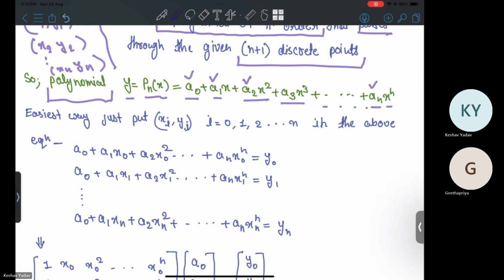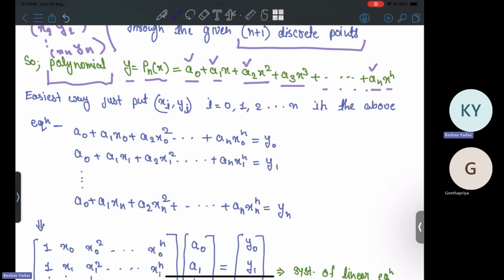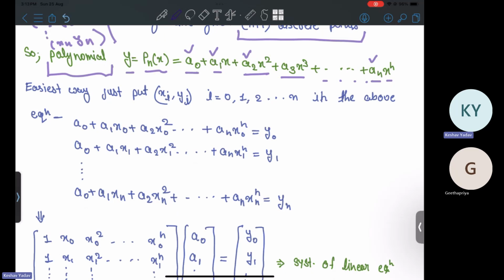If we have n+1 points, we can directly satisfy these n+1 points in this equation. So if I put xi, yi, where i goes from 0, 1 to n, in the above polynomial equation, what will we get? If I put x0, y0 in the above polynomial, the first equation, we will get